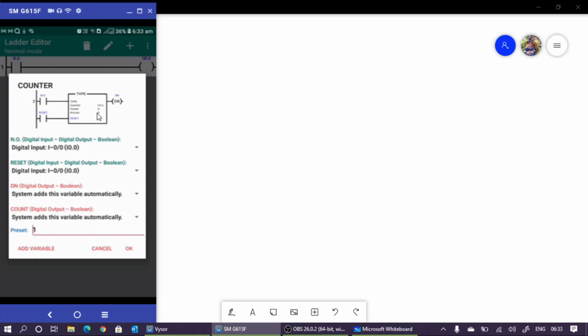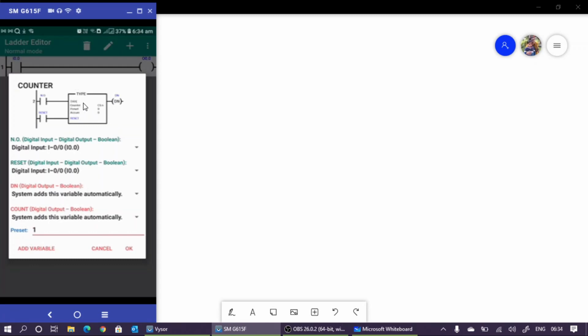Or rather, enabled and disabled, not deactivated. The counter is enabled by switching on this contact if it is normally open. If it is normally closed, by switching off this one we can enable it. We can disable it by switching off this normally open contact. Now the reset is used to deactivate this one.